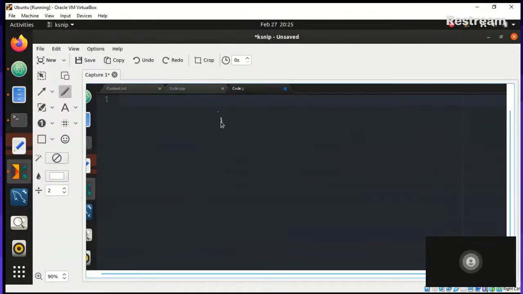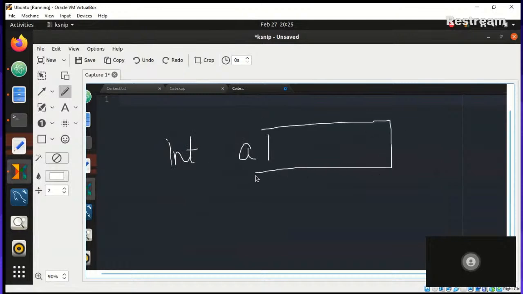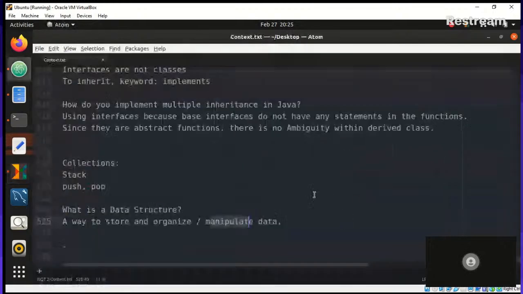I can store data in an integer variable. I can create an integer variable a, and I can store a value 10 in it. So does that mean this integer is also a data structure? Because I can store a value in it, I can organize by storing it like this, I can modify it by changing it to 20, by changing it to -1, anything. I can manipulate it. So is int also a data structure? Yes. int is also a data structure,